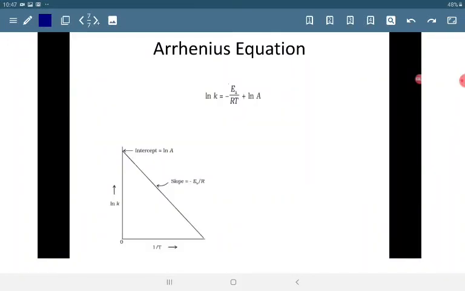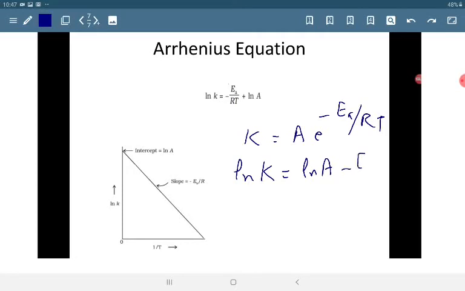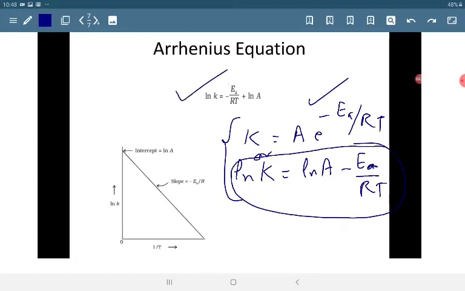Now, the Arrhenius equation, as you have seen, is k equals A e to the power minus Ea by RT. Taking log of both sides, we get log k is equal to log A minus Ea by RT. These two are one and the same thing. This mathematical equation can be written this way, or this, one and the same equation. ln is the natural logarithm to the base e, and here this equation is written in the form: log k is equal to minus Ea by RT plus log A.